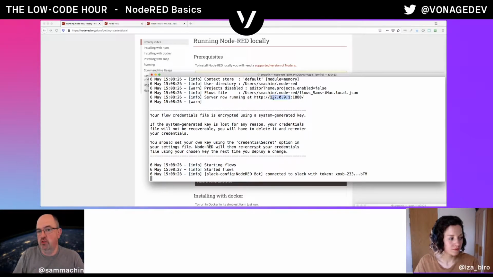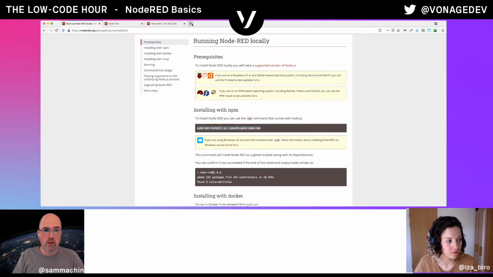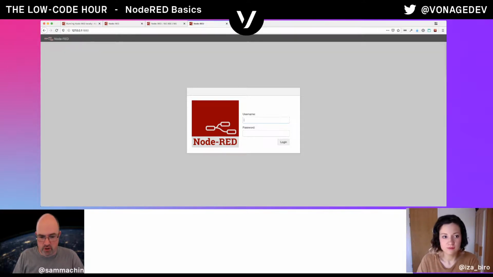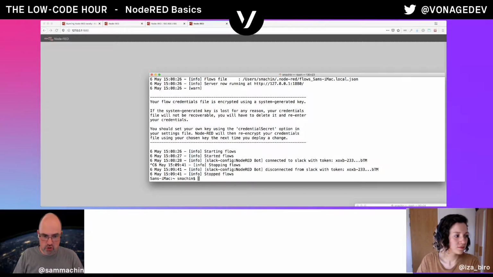So you can put this in on your computer and your web browser will go to your computer. It's also known as localhost. So what we can do is pop that address into our web browser and we'll see our Node-RED editor. Now I'm just going to do a quick switch